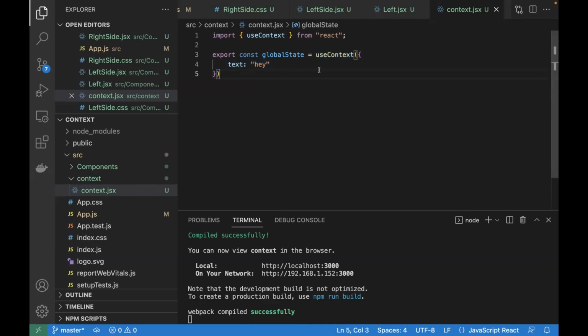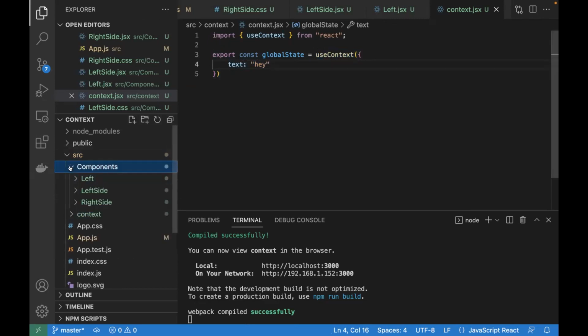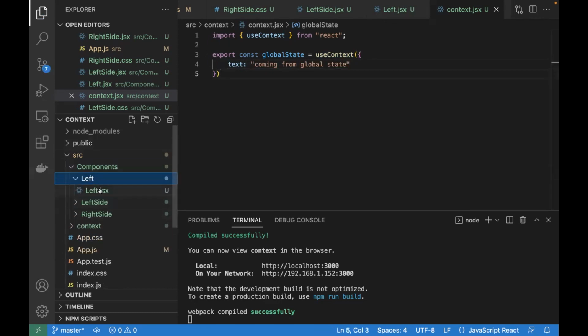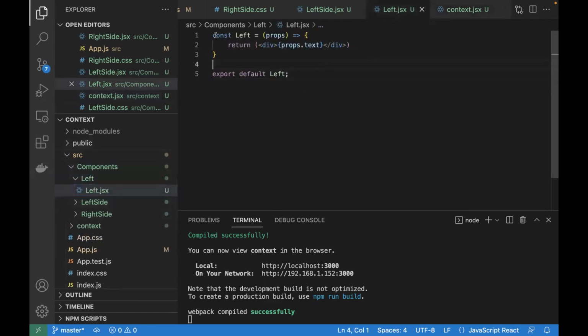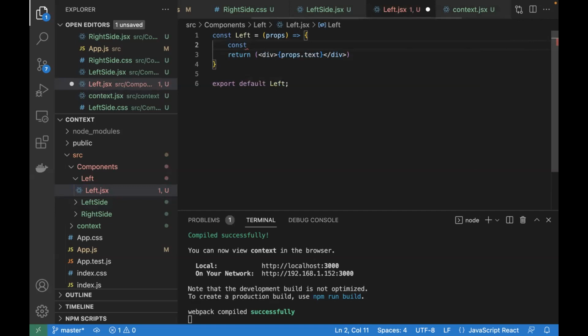But yeah, this is the global state or whatever. Now let's say I wanted to use this within, and I'm going to put this coming from global state. That's what I'm going to write. And inside the left component, I'm just going to reference the global state instead of referencing it from the app component. So what I can do is say const and then state is here